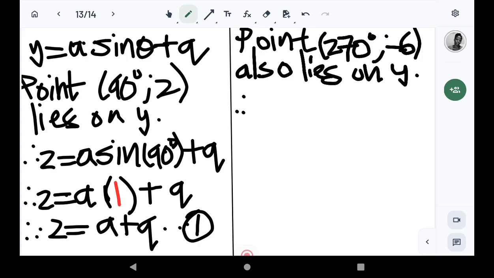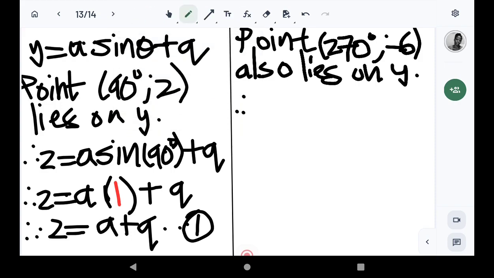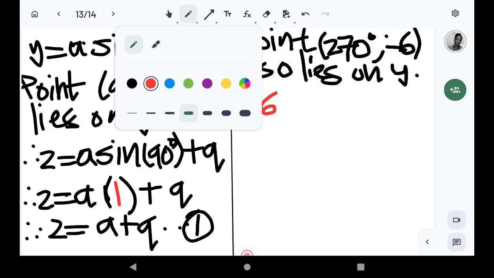Therefore, we substitute the values. For the y value, that's negative 6. We substitute these values into the general equation. So that will become negative 6 equals